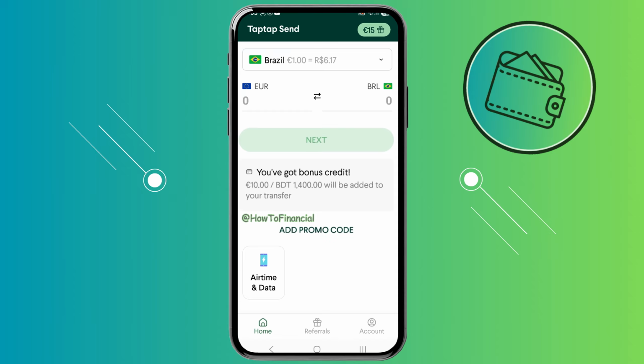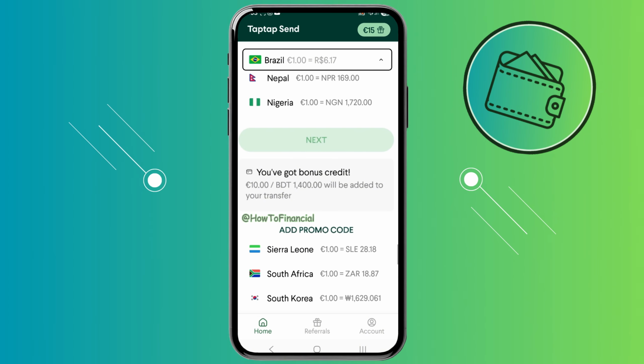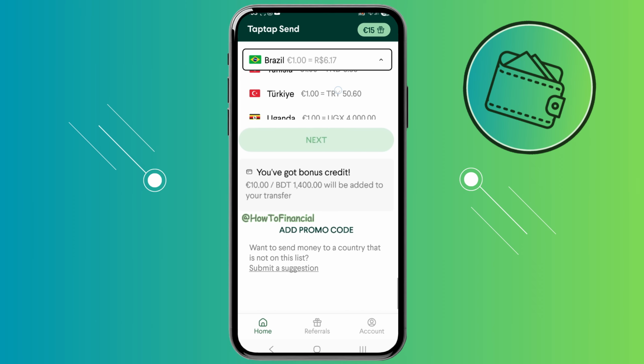So let's get started. Now first off, once you open up your TapTap Send account, you will be on your home page. From here, the first step is we need to select Turkey as a recipient's country, and we do that by just tapping on this country menu right here, scrolling down to the bottom and then selecting Turkey